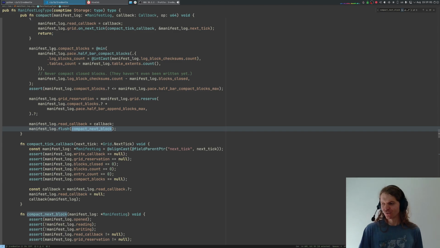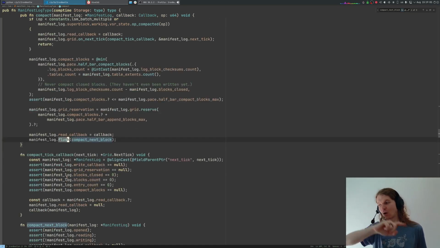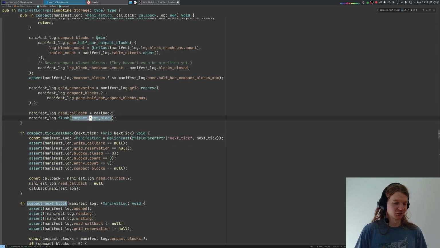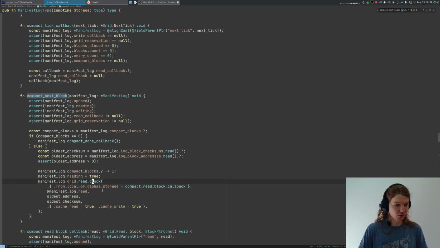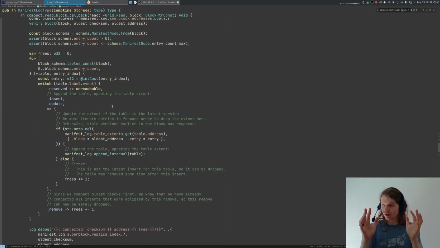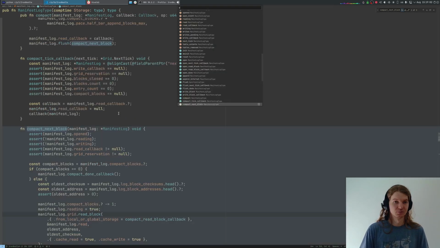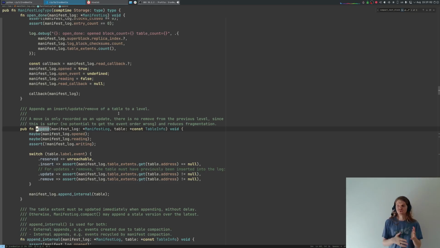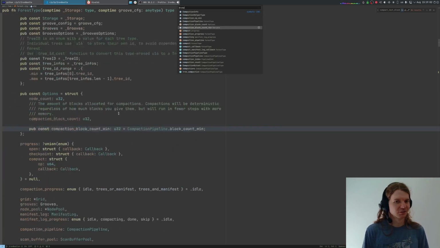Okay. Now that's it. So yeah, inside the compaction, we call flush to write all the newly created blocks, and as the callback to flush, we pass compact next block, which starts the compaction process, where we read some blocks of the tail of the manifest log and compress it, look at which events from that block are still relevant, and ultimately I think we're just going to append it to the beginning of the manifest log using the same append function, creating hopefully fewer blocks than we originally had. Okay, so this makes sense,